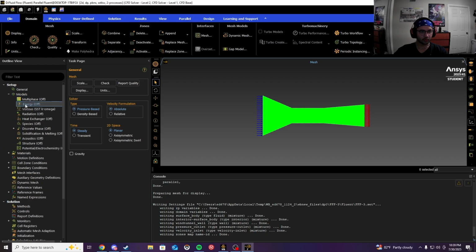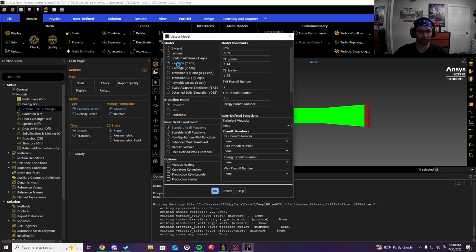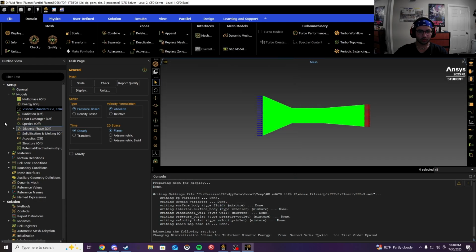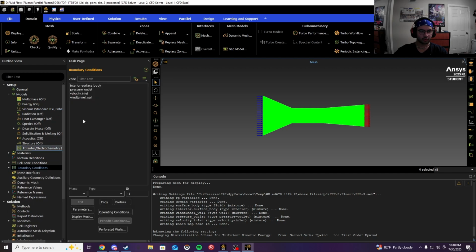Go to models, energy, on the viscous, keeps on. Okay. There we go. Those are all things you have to do there. Now we go to our boundary conditions. My bad. We go to our boundary conditions, velocity inlet, and